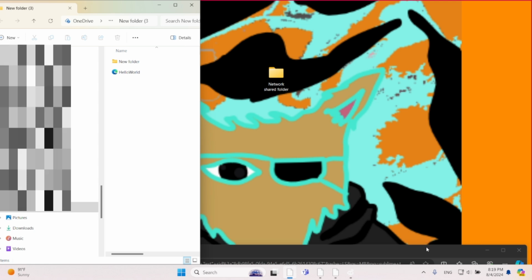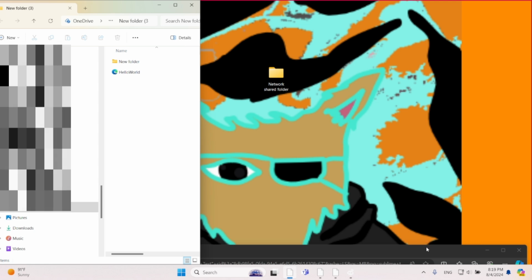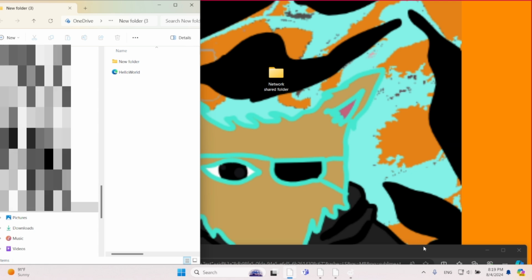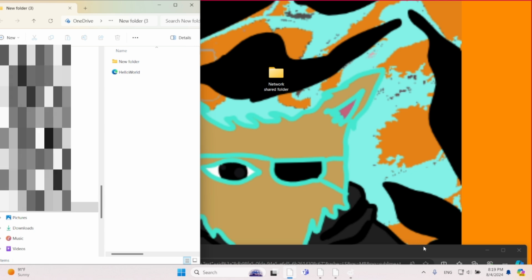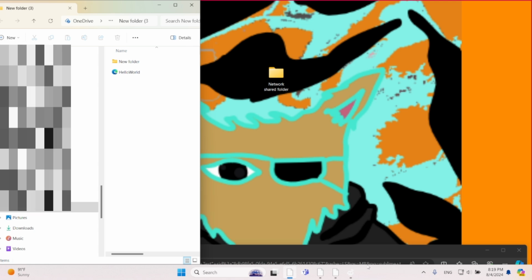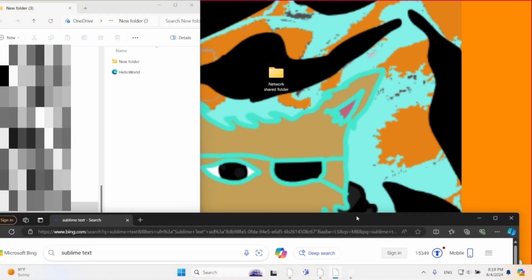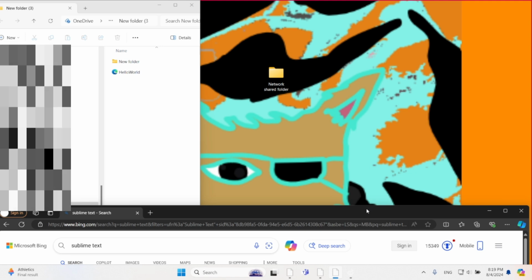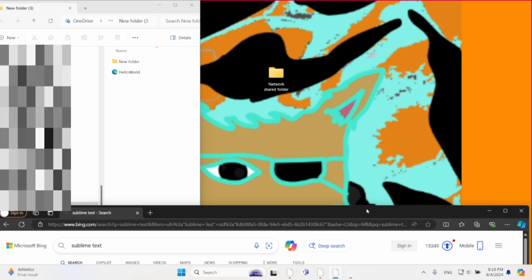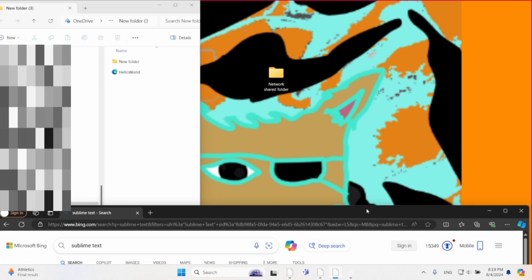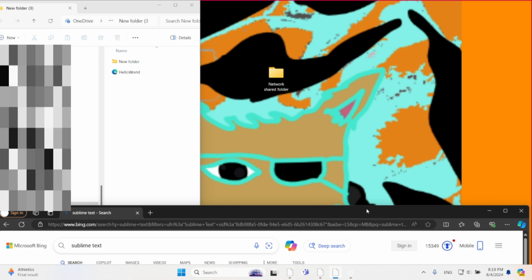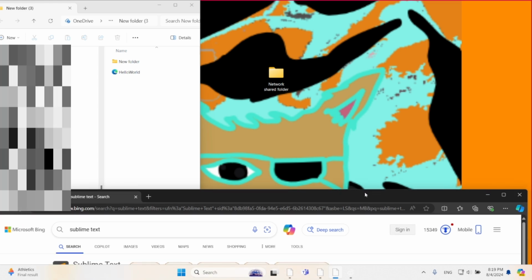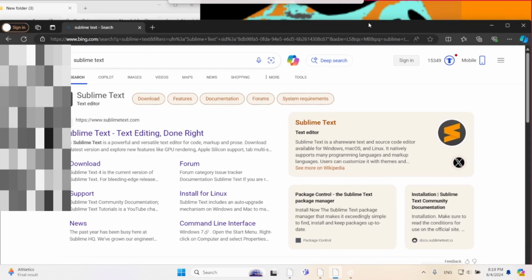So today we're going to go over installation of Sublime Text. This is what we're going to be using from now on to go ahead and continue with our web development, because through Notepad you can do a lot of things, but it doesn't allow you to do CSS styling for the different things that you add on in HTML. So that's what we're going to be using Sublime Text for, all the CSS that we're going to use to